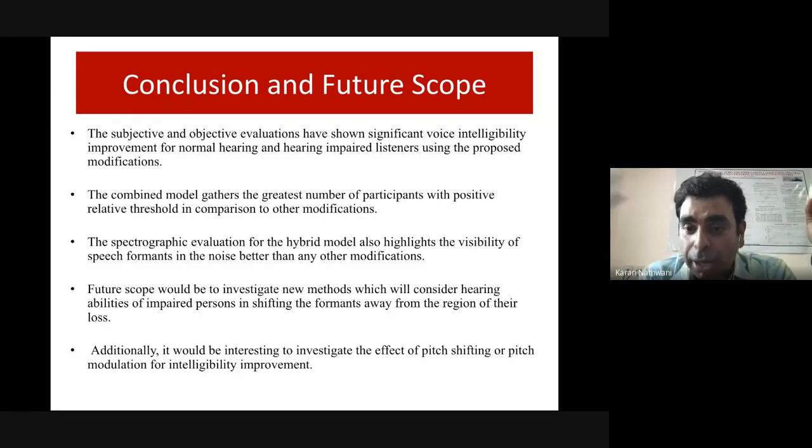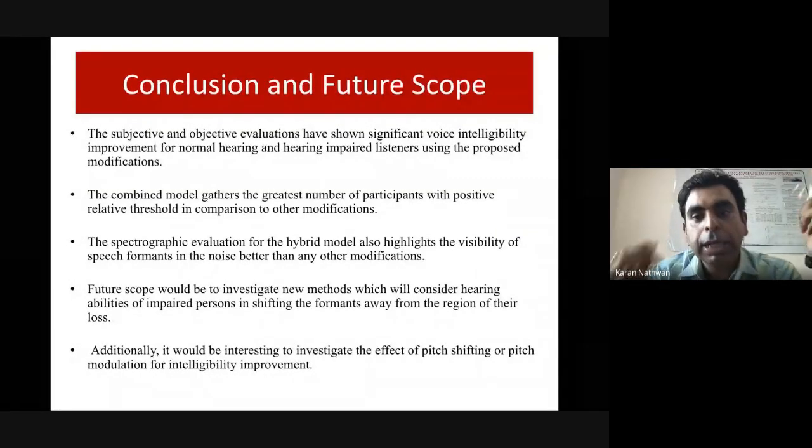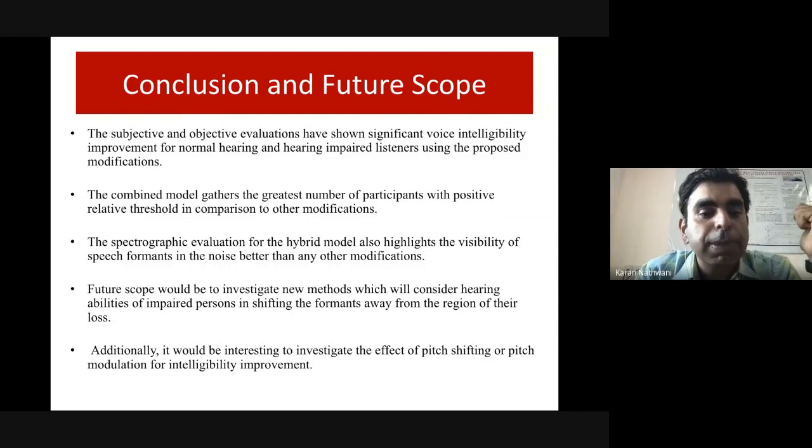For example, if you say Karan, it will say Karan, something like this. It comes. So this actually is an echo. You have a spaciousness in the sound. So yes, that is a very good point. We may look into it in the future, but for now it is not there.